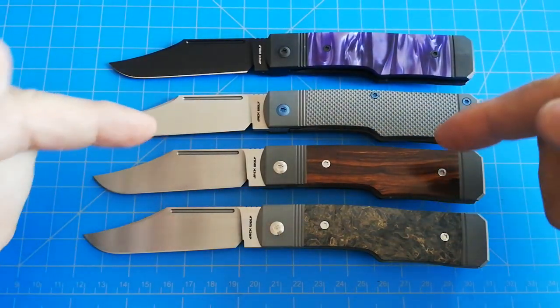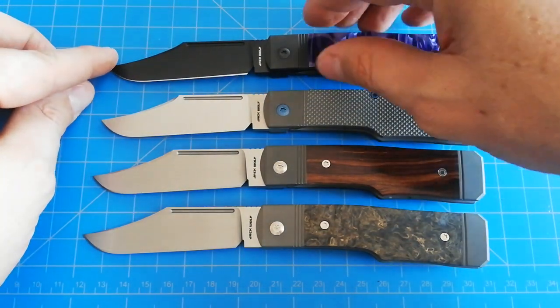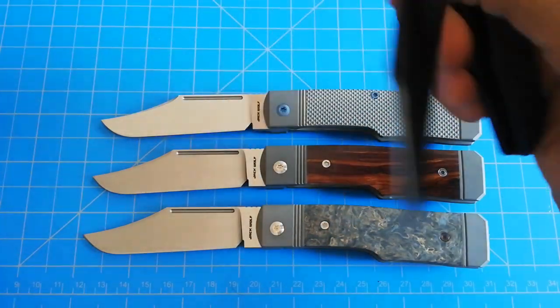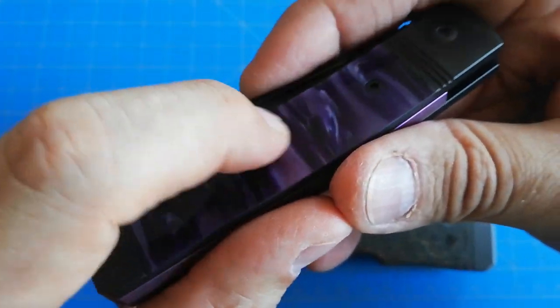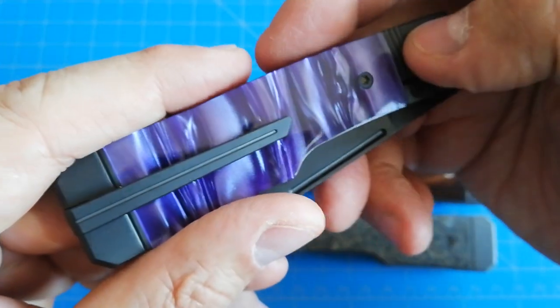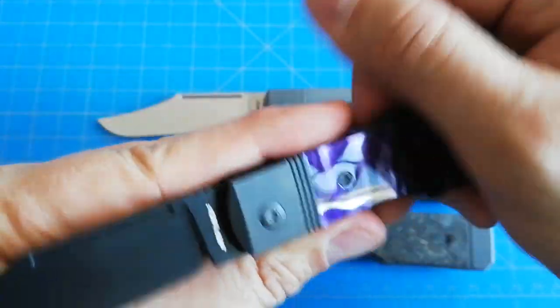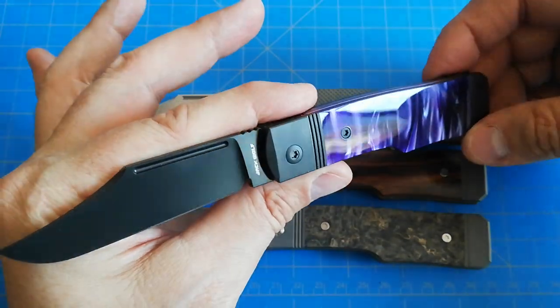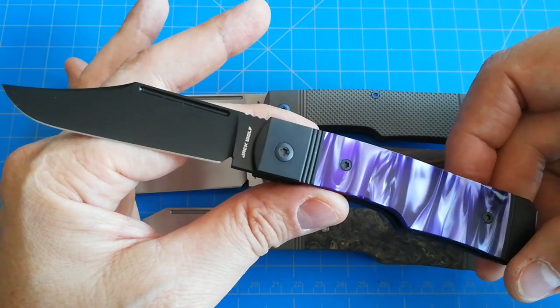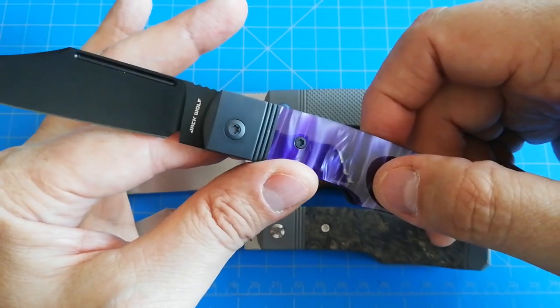And I think we can see that in each one of these knives. Now we have this... I just mentioned this material and it just left my mind. But anyway, DLC purple kryptonite. It'll come back. And just look at that combination of colors. I really like it. I am gonna have to keep one of these